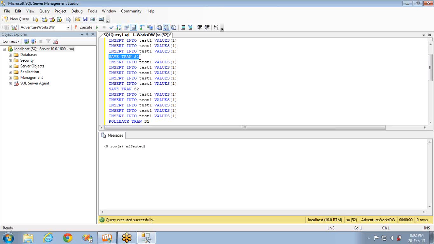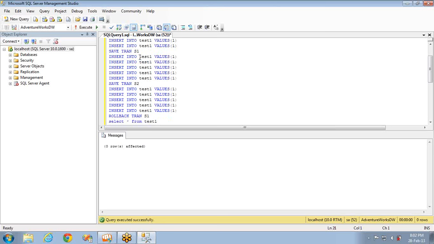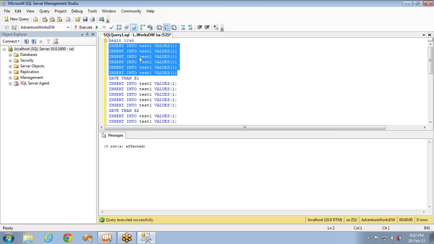So whatever data you inserted from that particular save point to the place where we are rolling back will be gone. And this select statement should return only the 6 inserted records before the save point, that is S1, right?